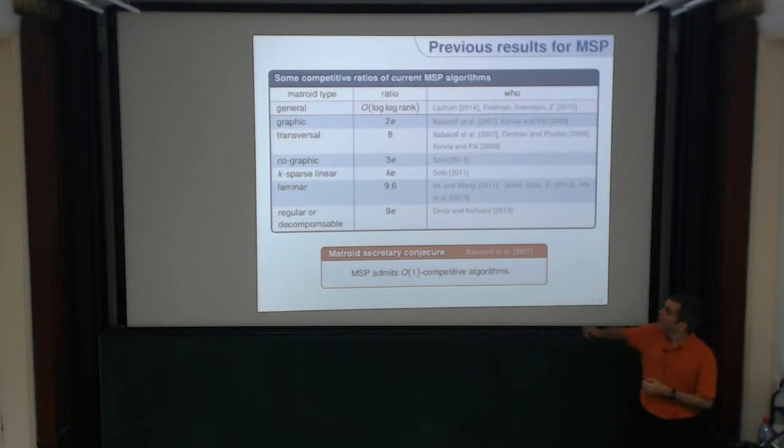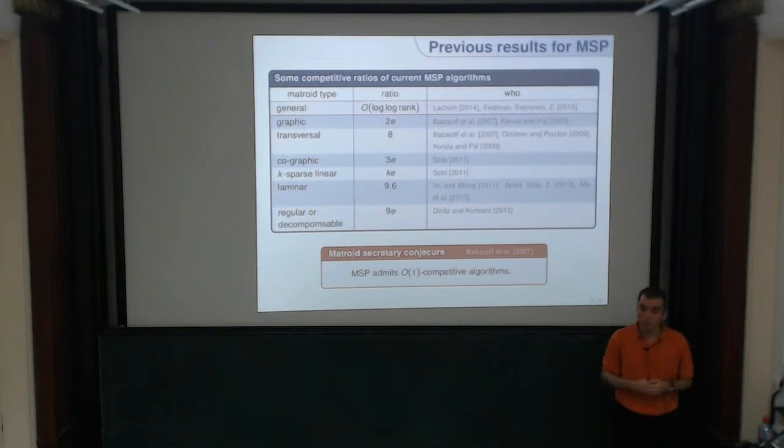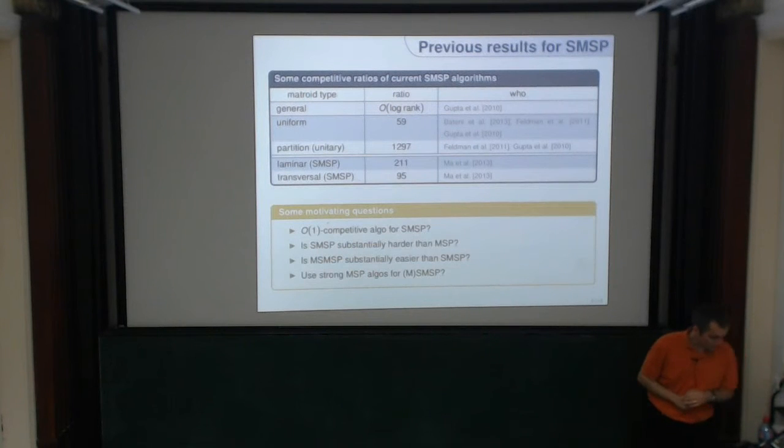For some of those results, sometimes people assume slightly different things. Sometimes people assume that they know the matroid more explicitly. For example, in a graphic matroid, that you know the graph itself, and you don't just have an independence oracle, the way I explained it. But let's not go into those details for the time being.